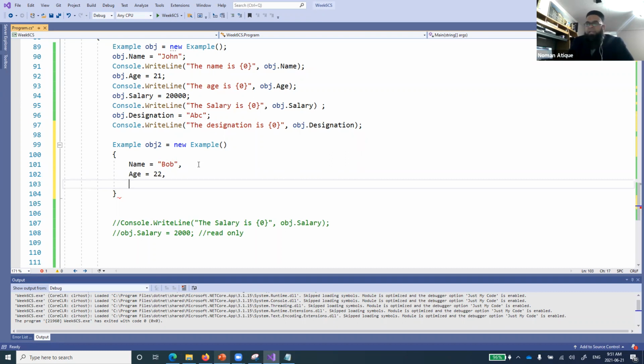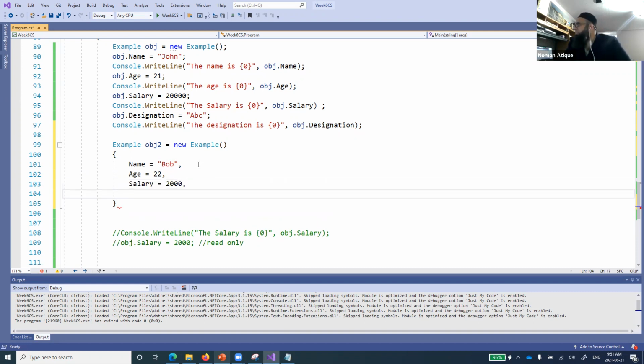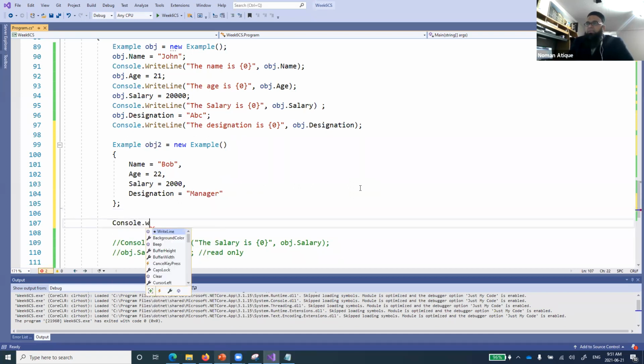There is another property, salary, for which I have done both set and get. So salary equal to, let's do it smaller. Again, we want to check what value will come. You will know the power of that one. Okay, and then we have designation, which is not defined, but I can just use that designation as well. Designation is manager. Right, and remember to put a terminator over here, please. Why? Because this has more or less become a statement now. Right, now just Console.WriteLine.